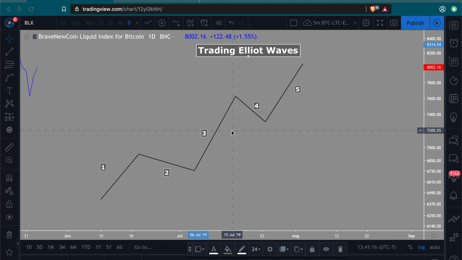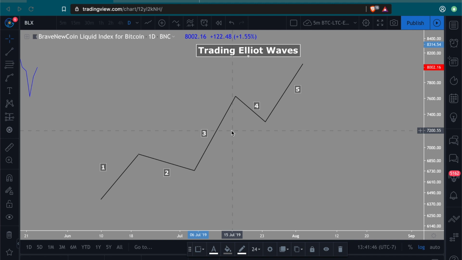And one thing I can tell you for certain is a lot of the trading principles that apply in the other tradable markets, the other financial markets like Forex and equities and commodities, they're all actually applicable to the cryptocurrency market. Okay? So today I want to talk about the Elliott Wave principle and how you can use it in the cryptocurrency markets. First, let's go over some brief history of the creator of Elliott Waves, someone named Ralph Nelson